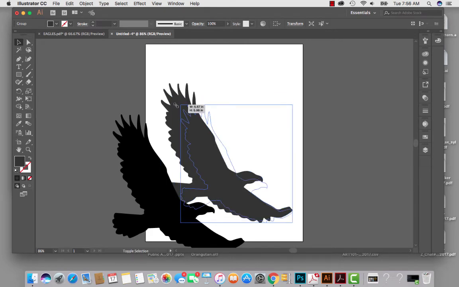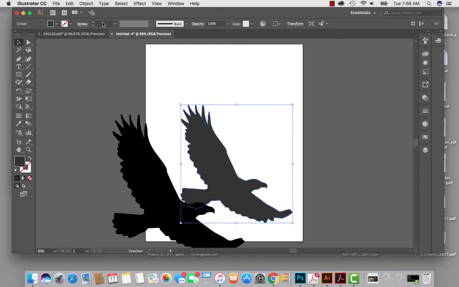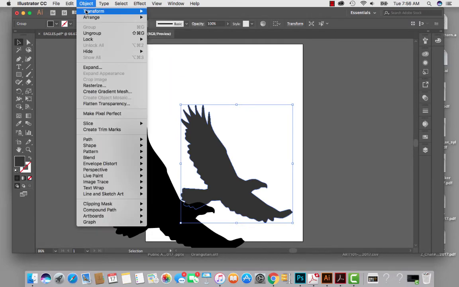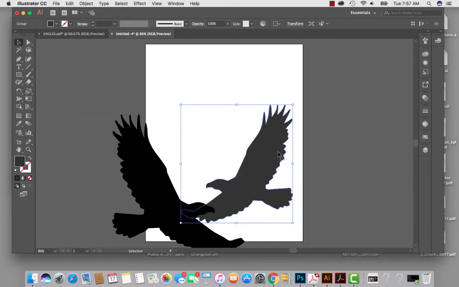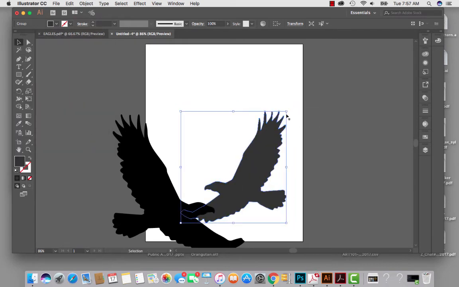I need to reduce the scale, and maybe to give a little variety, I'm going to flip him. So I'm going to go Object, Transform, Reflect. I'm going to reflect around the vertical axis. Okay. And then maybe make them a little smaller. Again, I'm working in open form